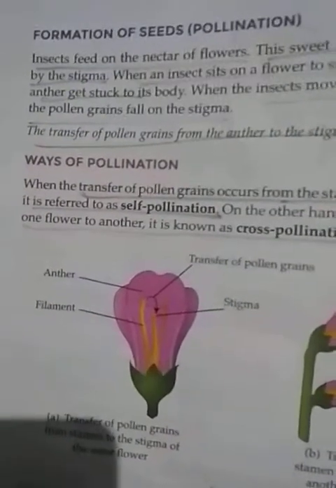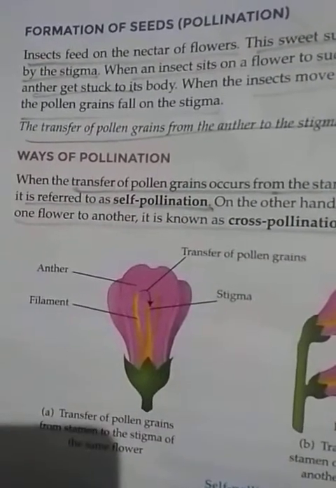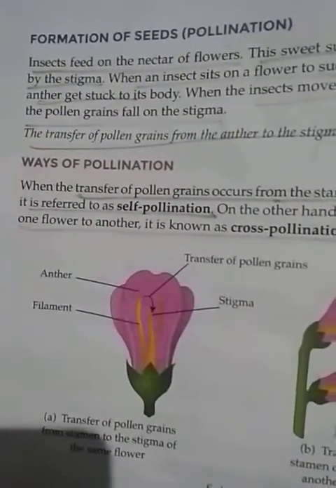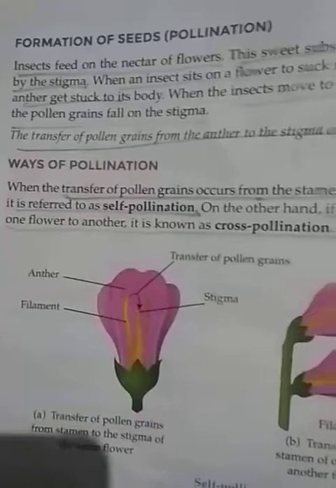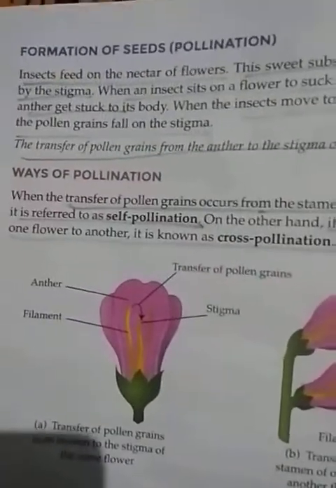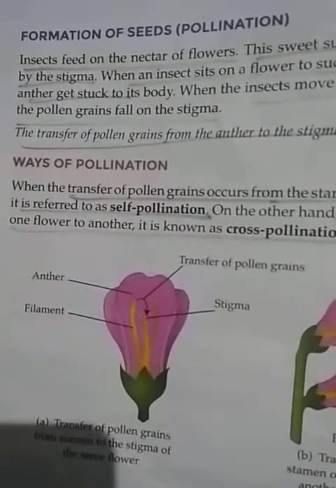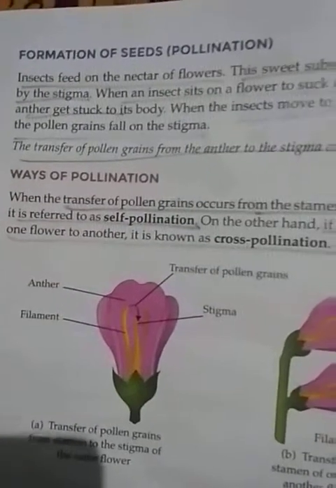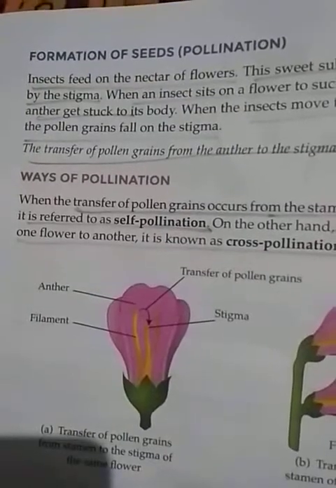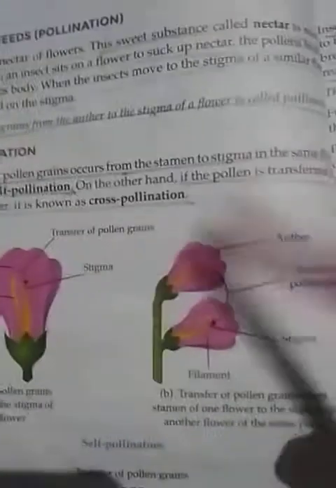Honey is what? It is the nectar of different flowers. Actually, what the bee does, the bee sits on the different flowers, collects the nectar, and then stores that honey in their beehives. So you must have tasted the honey, it's sweet in taste. In a similar way, these insects feed on the nectar of the flower. That means they are feeding on the sticky substance present on the flower, that is known as the nectar.